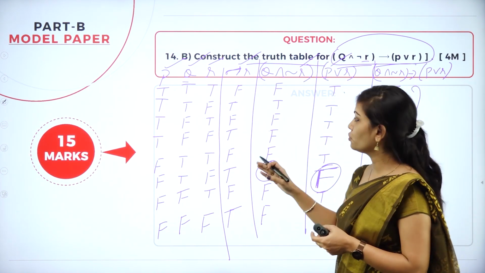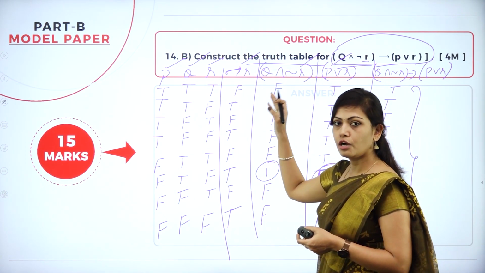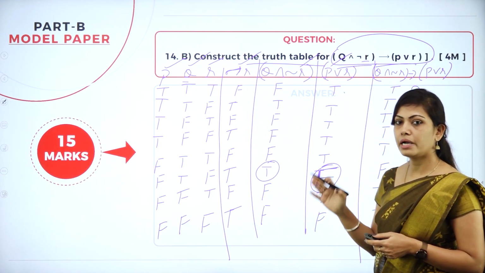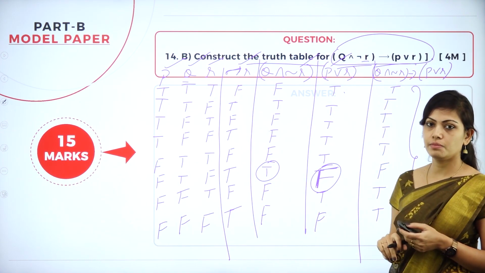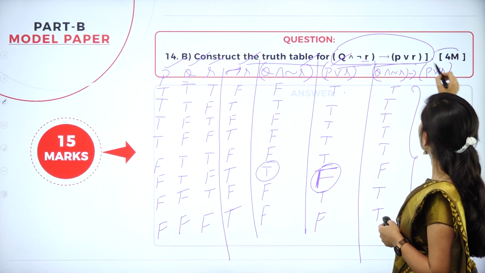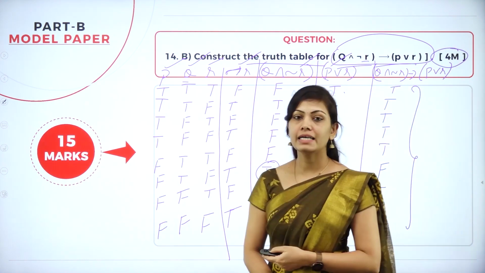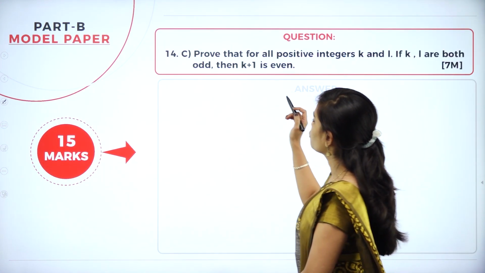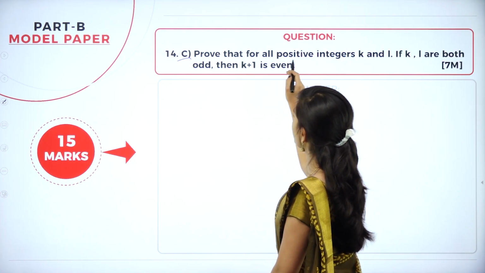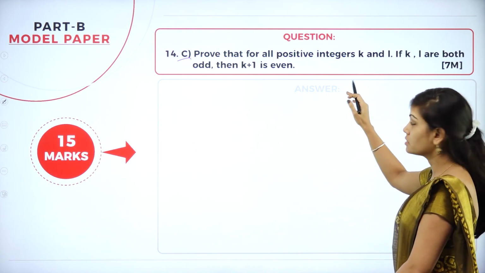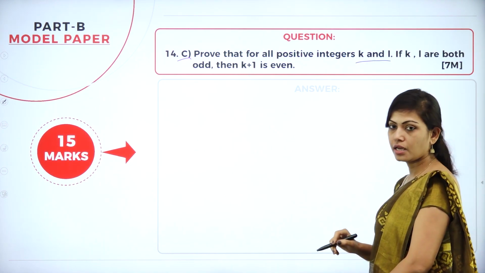So here you have to use the logical connectives for addition, multiplication and implication. So this is for 4 marks. Clear? And the next question is 14th C: prove that for all positive integers k and l, if k and l are both odd,